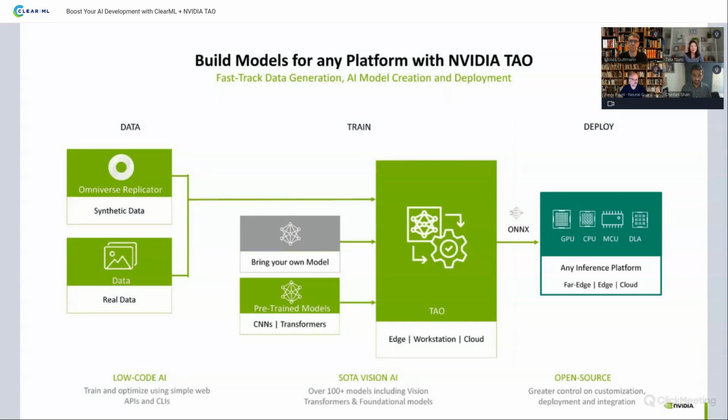Finally, on the output side, our model export is through ONNX format, and this can be deployed on any platform, from GPU, CPU, microcontrollers to any other accelerator. TAO is open source. This is something that we recently announced a couple of months ago, and this allows much greater flexibility for anybody to use TAO, customize it, as well as build on top of TAO.